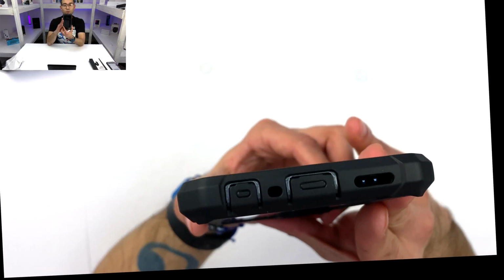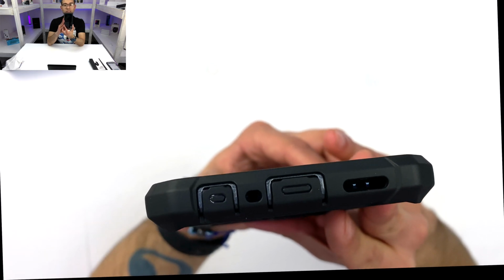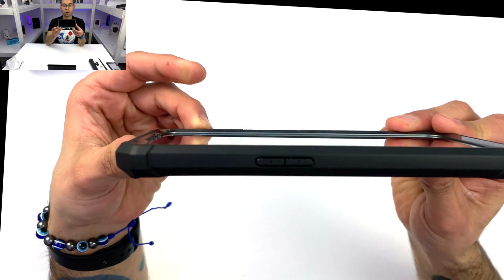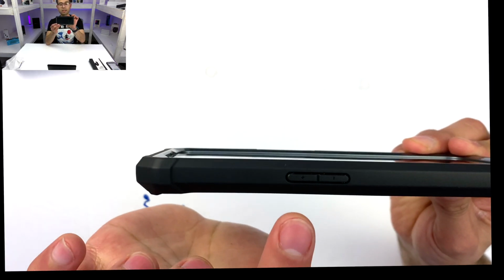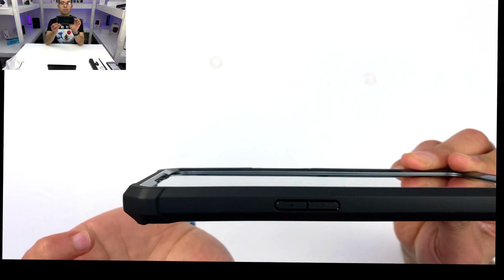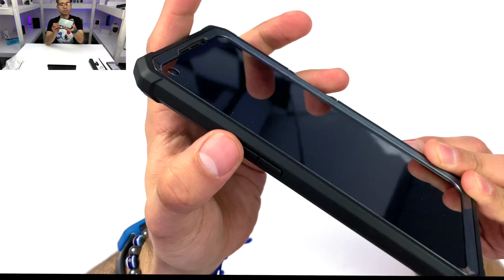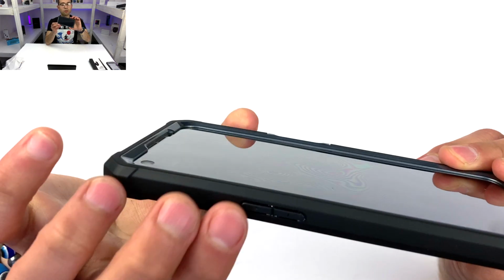As well as, again, one more pinhole microphone at the bottom, and we can see the cutout for that one is, again, dead center, very nicely integrated. We go over to the right side of the case, we can see that the volume up and volume down buttons are engraved with the actual plus and minus so that you know what you're clicking. And also,